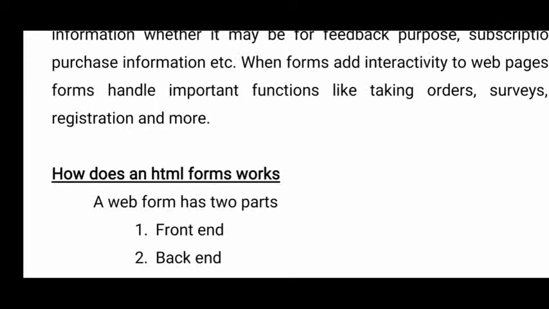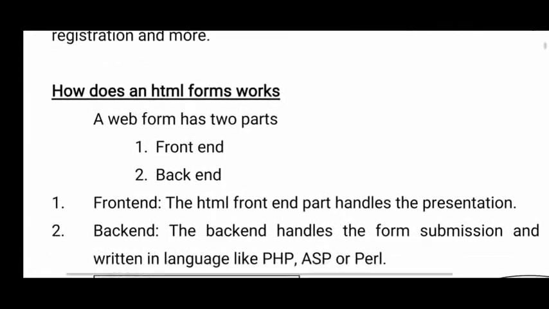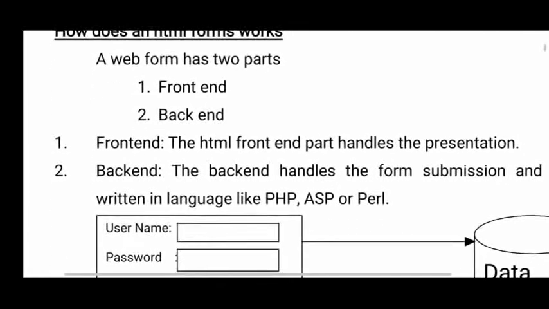Like when you visit any social website, it will ask you to give feedback and a rating. Here you are giving some information. How can you give that information? By using forms, and that information can be submitted to a server.